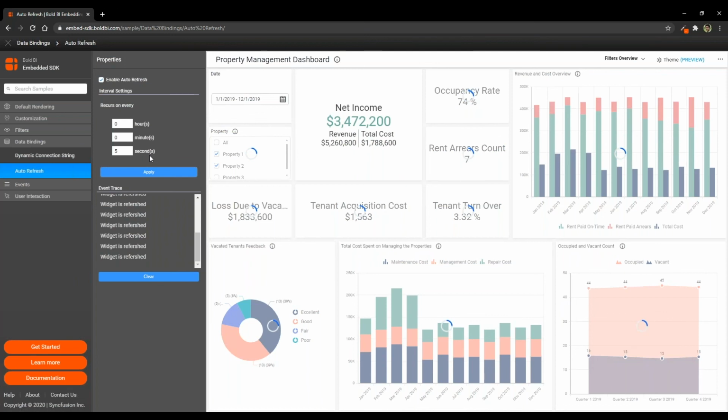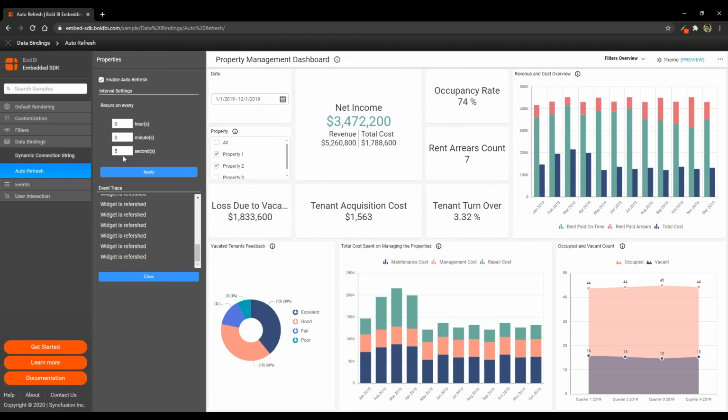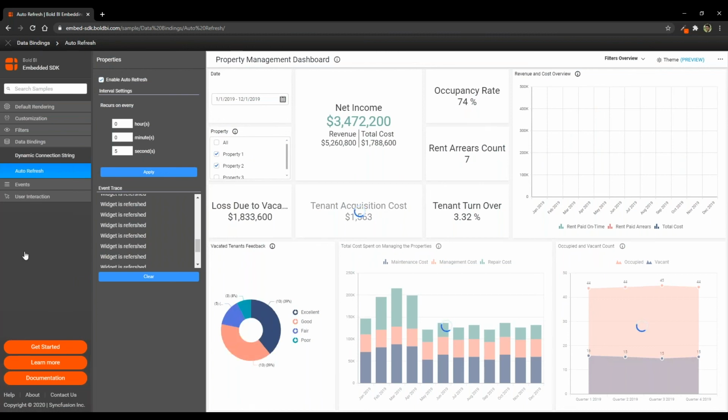It might fail sometimes. So in that case, you can control it externally just by increasing the number of seconds over here. And once the database server at your end is fixed to accept more connections, then again you can reduce the seconds. This is one general use case why the interval setting is allowed to be set outside the dashboard, and outside the code even. As you would have seen, the dashboard has refreshed itself at the time of 5 seconds, and again it has refreshed on the next interval. Now let's look into the next part, events.